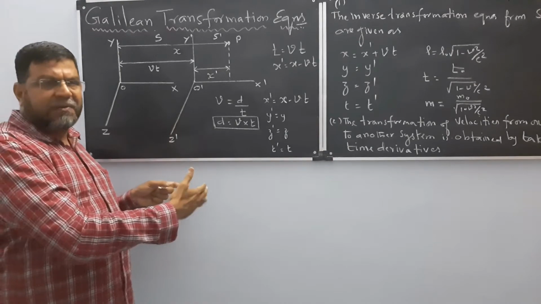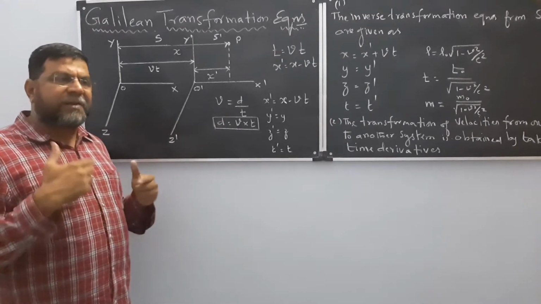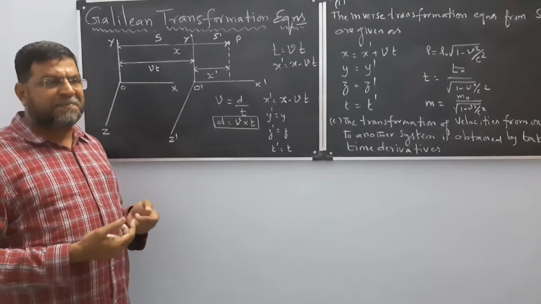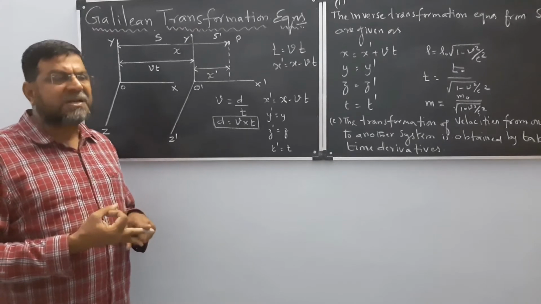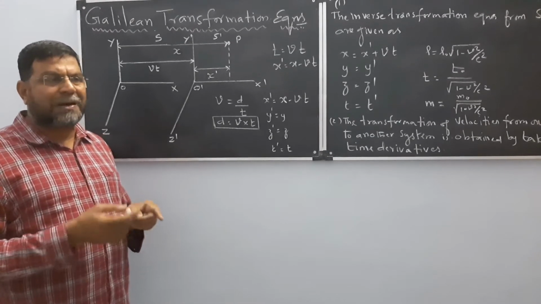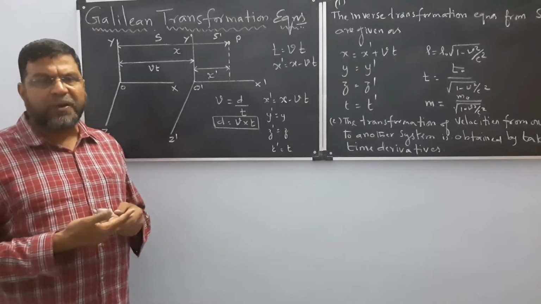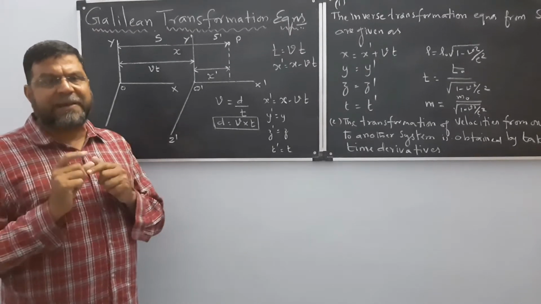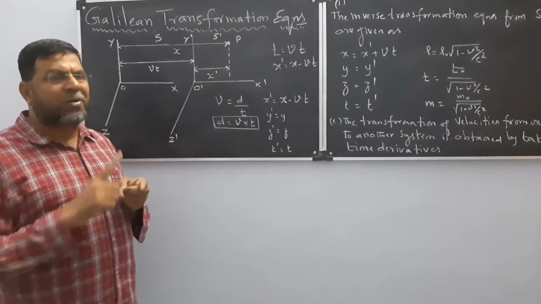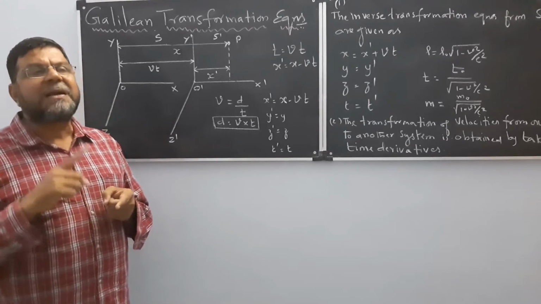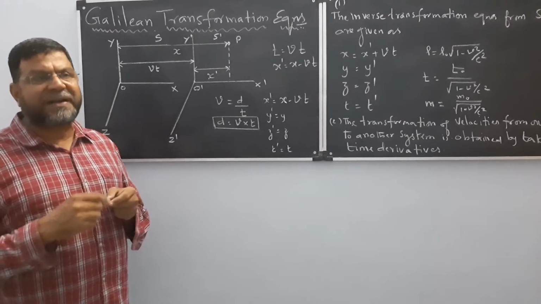Suppose there is one observer and another observer. When the two observers are observing a particle, there will be a difference between the two observers in terms of length, in terms of mass, in terms of time, because one particle is moving relative to the other. That is what I told you. When the two observers are viewing the same particle, there will be a difference in length, that means length contraction, difference in time, time dilation, and difference in mass, mass variation,